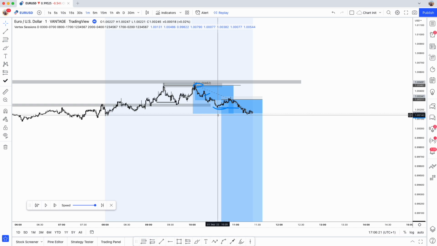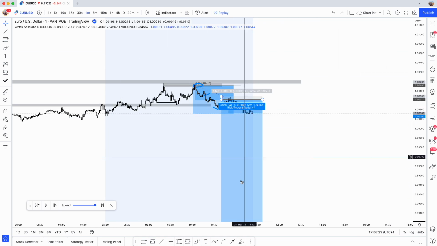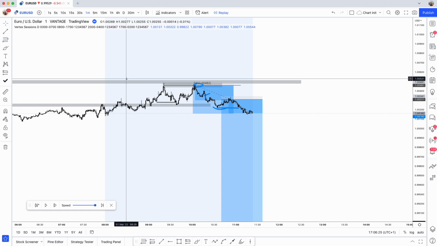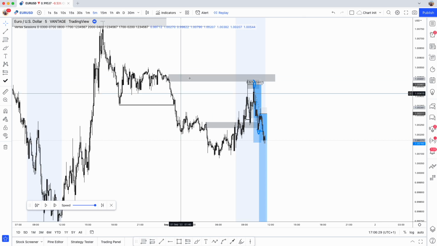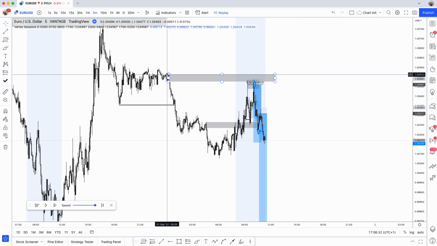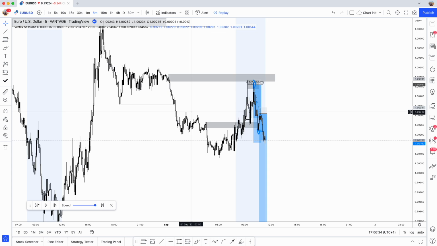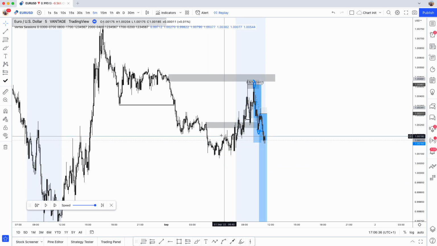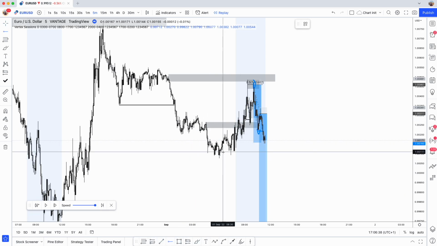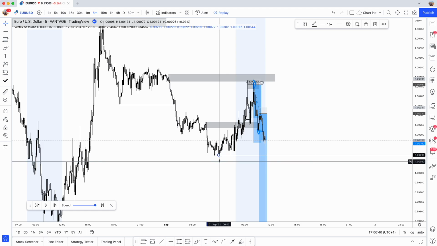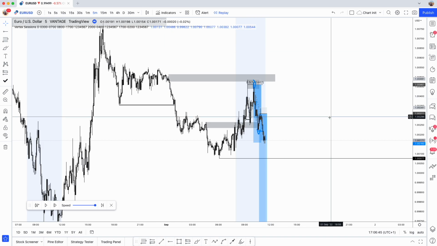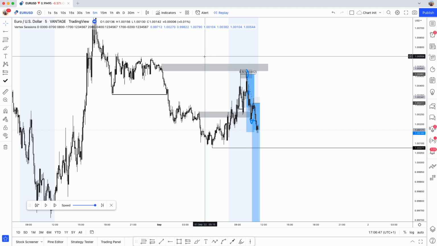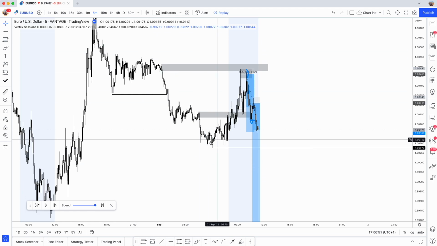Now, in terms of your partial points, you need to remember to pay yourself, but let's try and think about our logical targets. For example, we're trading that 5 minute reaction, right? So we're trading this 5 minute, which has gone on in selective with this one, has gone on to create this low. So we can take this as a valid partial point because these POIs have failed to hold. This one's reacting. This is following bearish order flow. So logically, it makes sense for price to go out and take out this low.